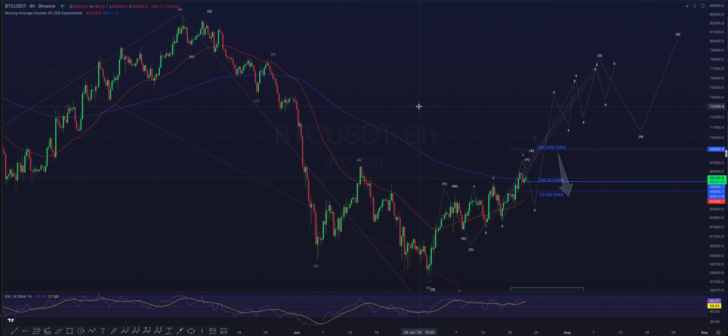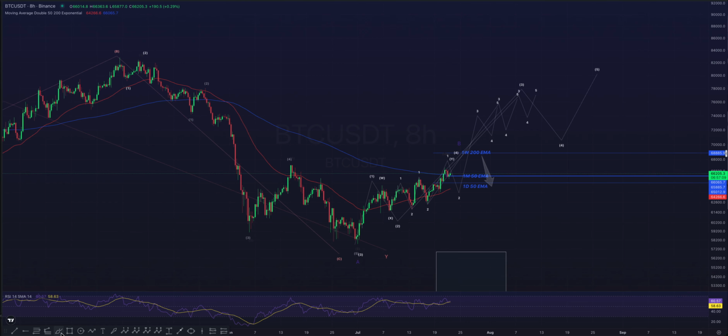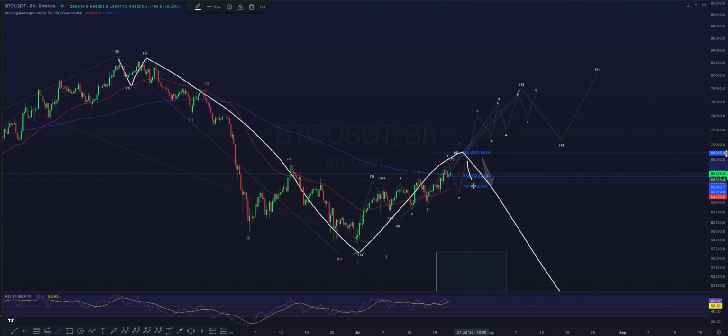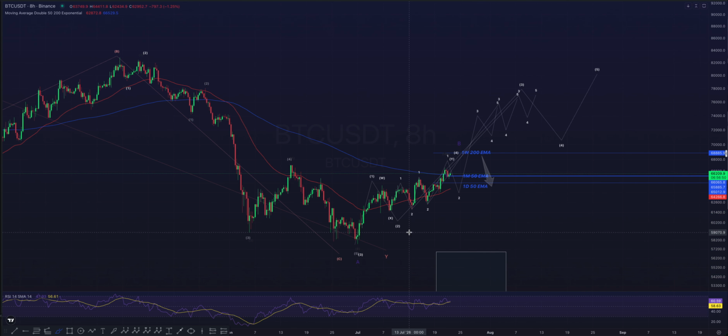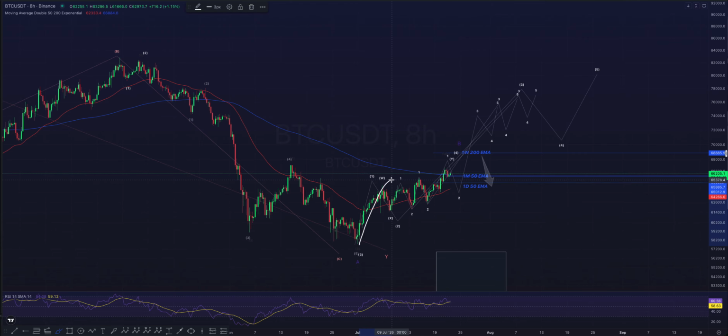But there are also some of the other macro scenarios that require one more 5-wave move down. Or if you are of the opinion that there is one more nested 1, 2, 3, 4, 5 that needs finishing in its last 5-wave down. But until this move from this bottom prints some kind of a 5-wave move up, the bottom is not in. If this remains a corrective move, we will get a final 5-wave move down. So still, we need all the patience for this structure to develop.